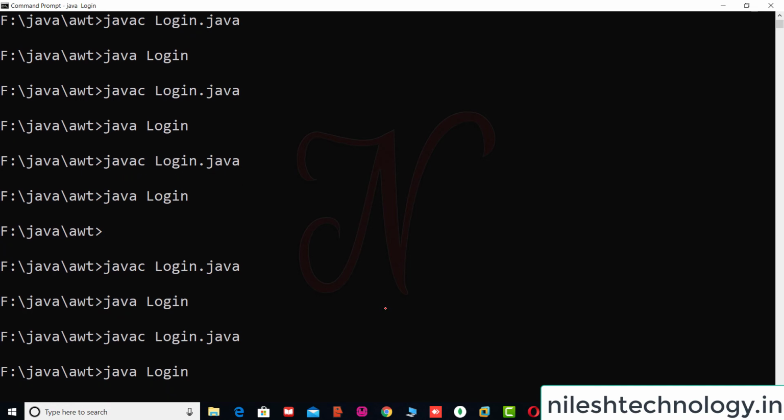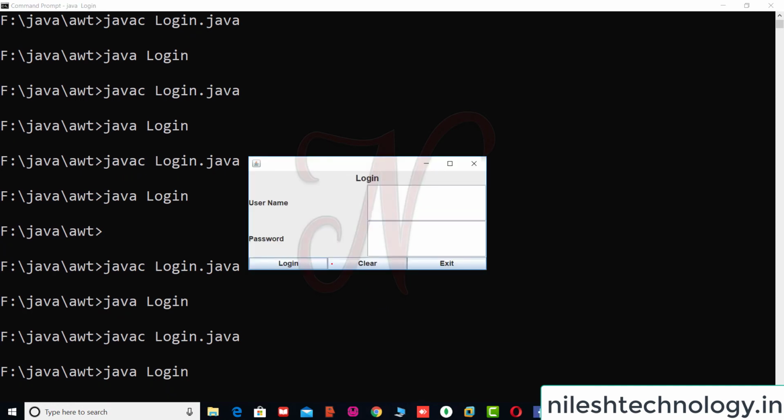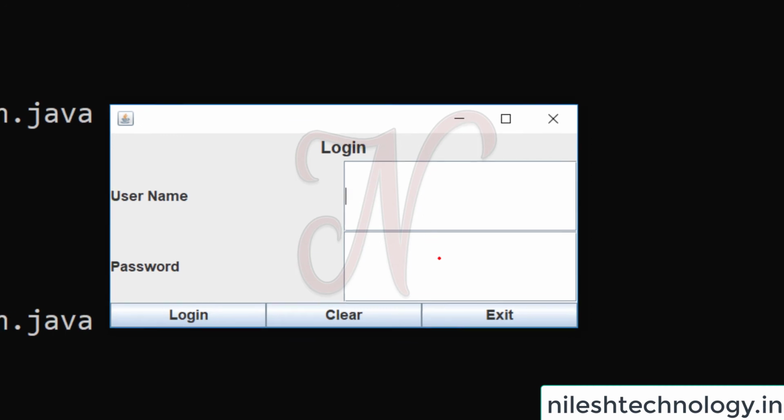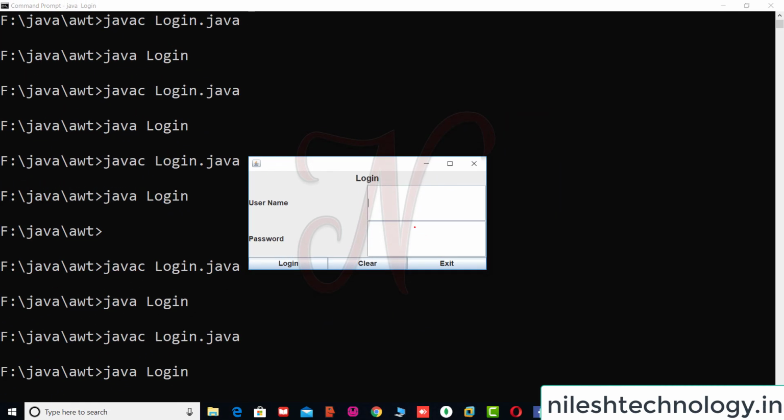Okay, compile and run. Okay, so here these 3 buttons are adjacent to each other. There is no gap in between the 2 buttons. Okay, these 2 text boxes also, there is no gap in between them. So how to make more distance in between 2 components? See here,